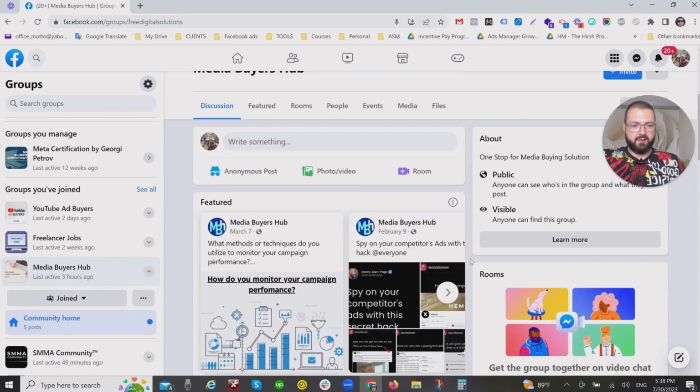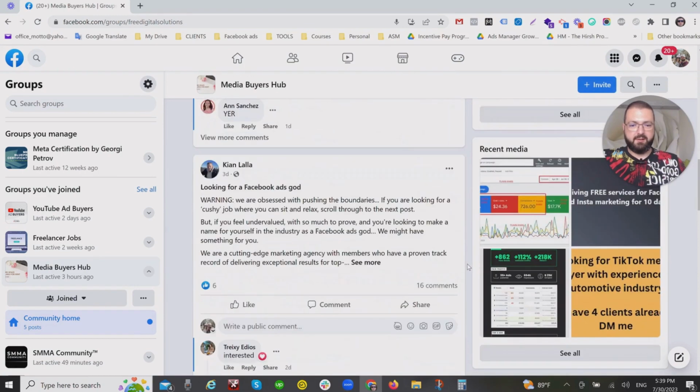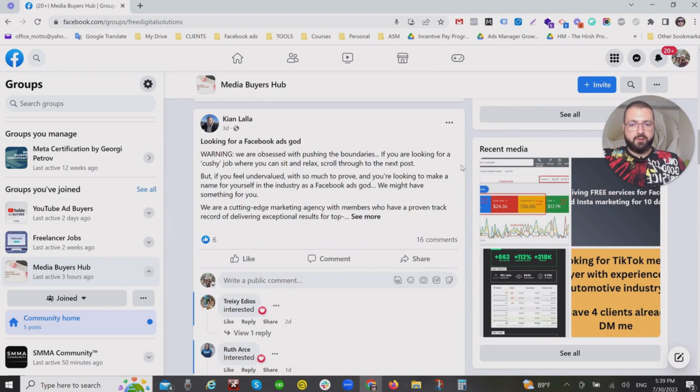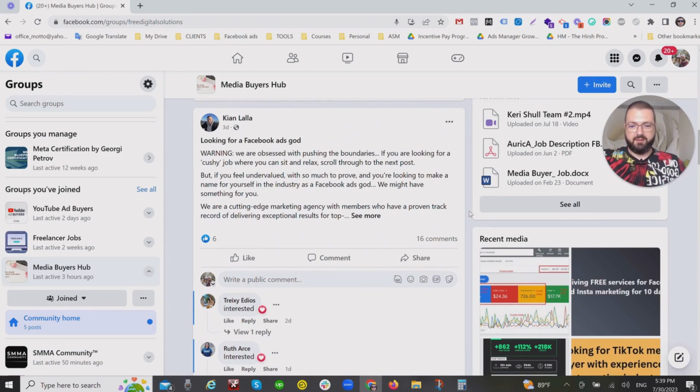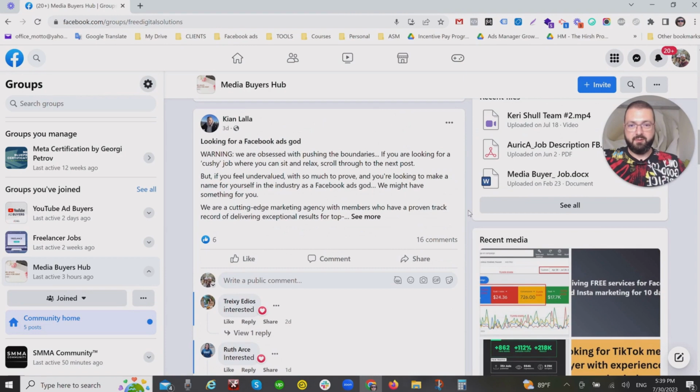If you're doing media buying, definitely that's a great club to be in. There are also jobs here. Once you provide value to those people as well, you'll see that in a short period of time, people will know that you understand a lot by explaining what's going on and how you can help them.